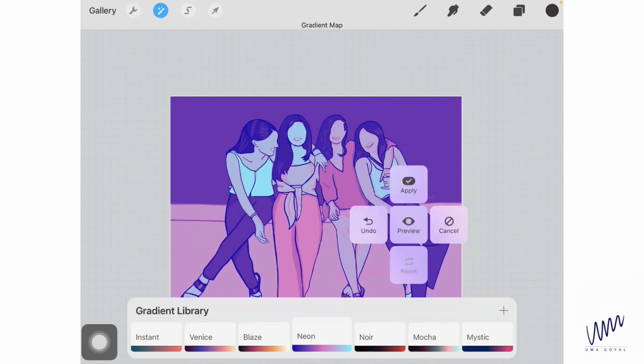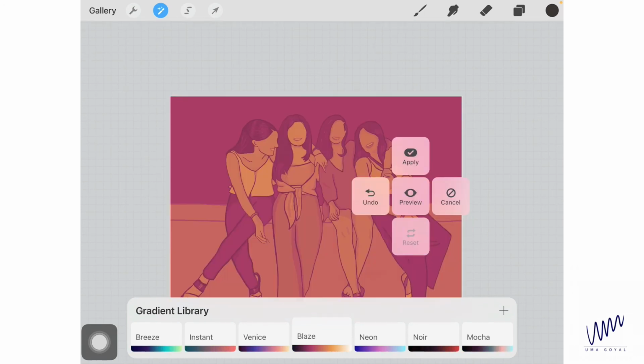Okay, so I have selected this, and when I have my settings on, that means when I'm still in these effects and I tap once on my screen, I get this option which is the quick preview option, where I can just tap on this eye icon and see if I like the previous artwork better, or I like it with this effect, or I can cancel this or apply this. Both will take me out of this settings, and if I undo it, then obviously it's going to undo.